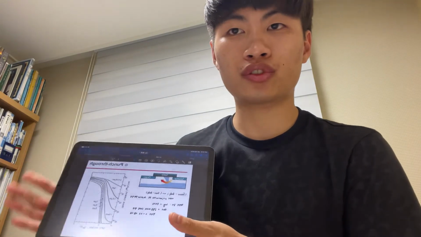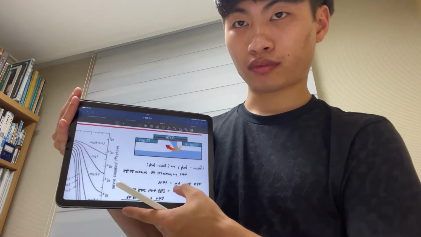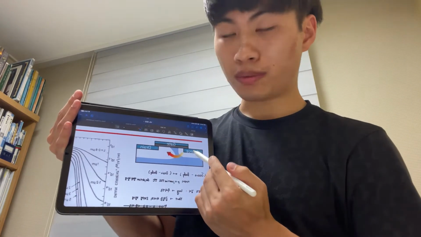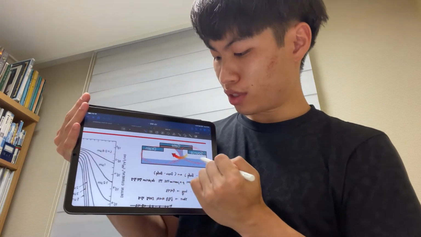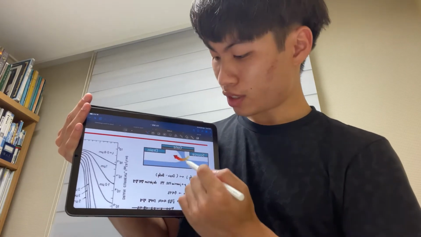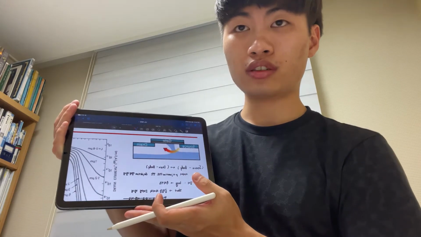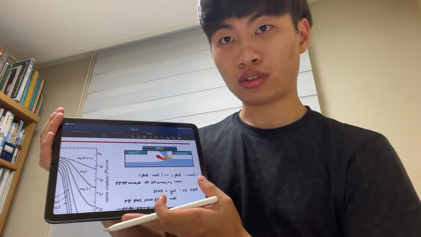So the first problem is called punch-through. Because of the PN junction structure, there will be a depletion area between source and body and between drain and body. We can neglect it when the channel length is long, but when the channel length is getting shorter,